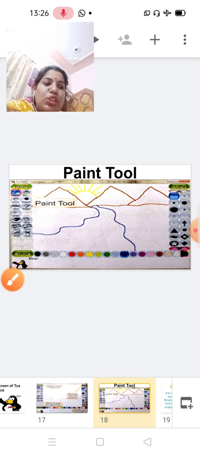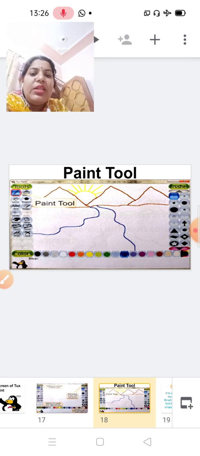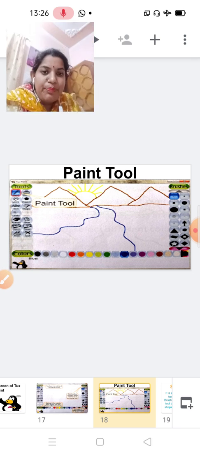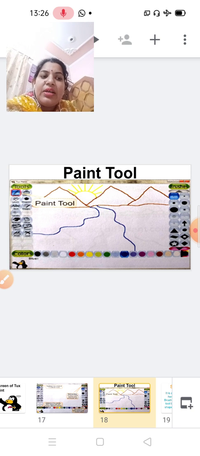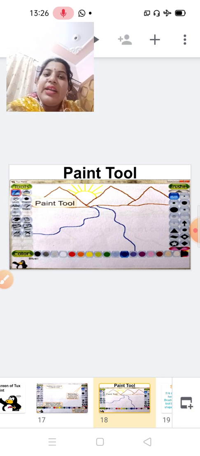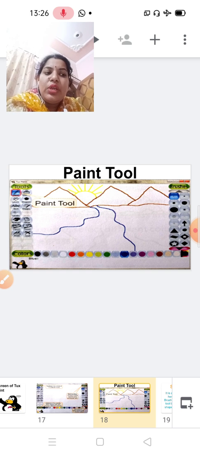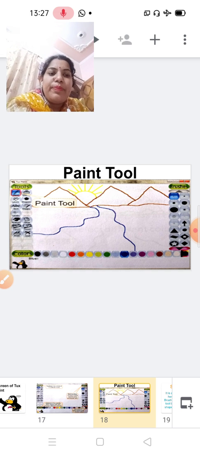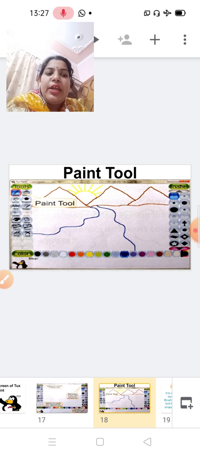Next, the paint tool. With the help of this we can choose the paint tool. Whenever we start Tux Paint, the paint tool is selected by default. It is used to paint and draw anything that you like. It is similar to the brush tool in MS Paint. We can use it to draw freehand images or sketches, as well as select the various brush shapes present in its sub toolbox here.